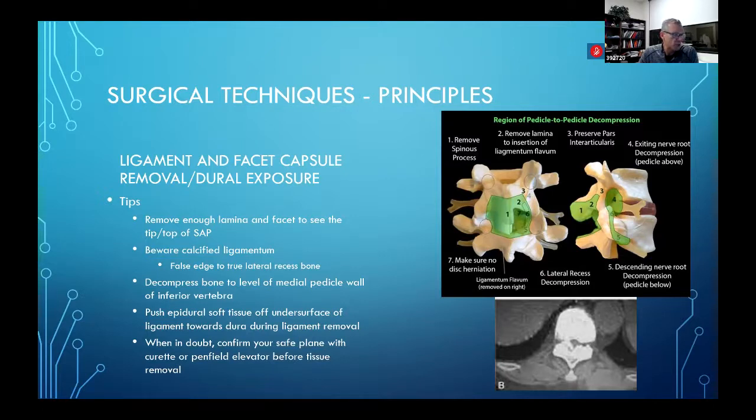And this is where I will go to the Kerrison punch, and I'll use a smaller one if necessary. I'll use that small angle curette, and I will really try and create a plane to work in so that I can adequately decompress. This is one of those situations where if you have a hard calcified ligamentum flavum, you may want to do a more extensive decompression, proximal, distal, and lateral, so that you can make sure you're seeing and identifying your anatomy before you really go in to try and separate everything off of the underlying dura and the traversing nerves before you do your